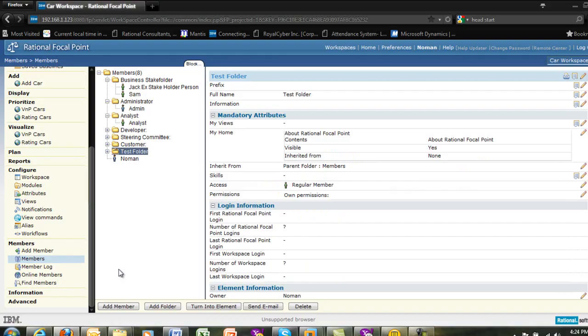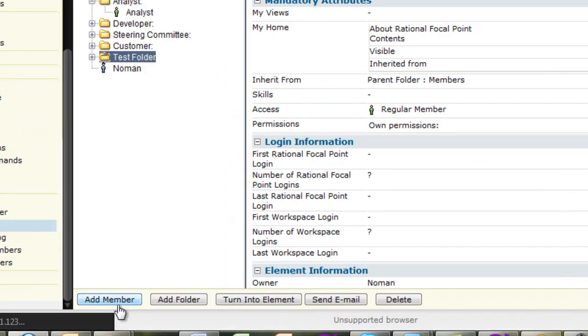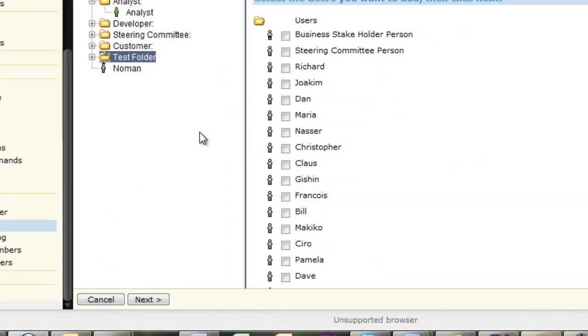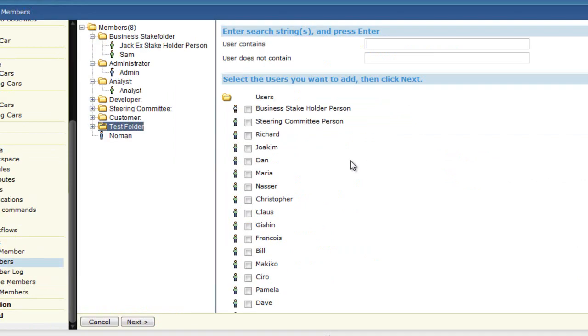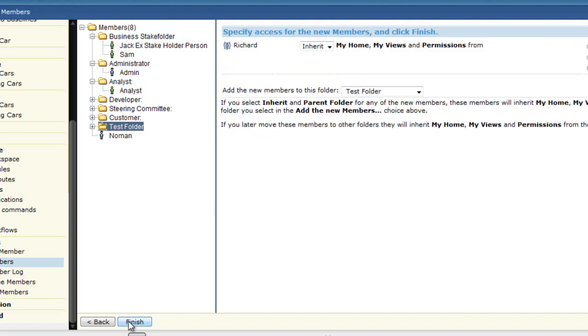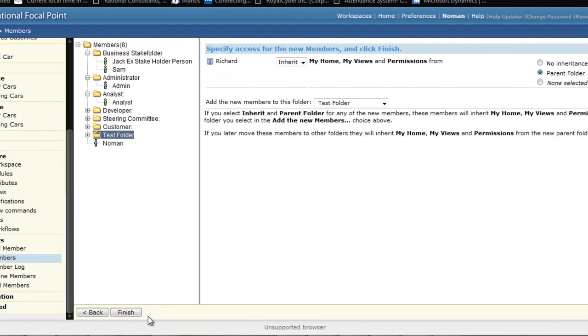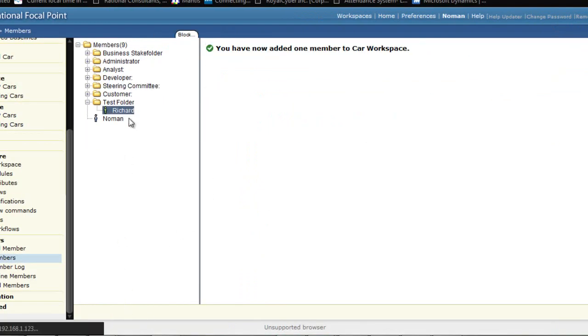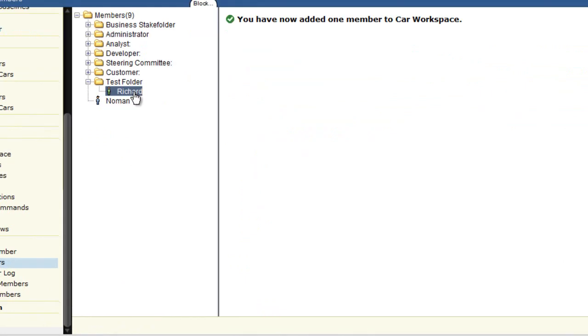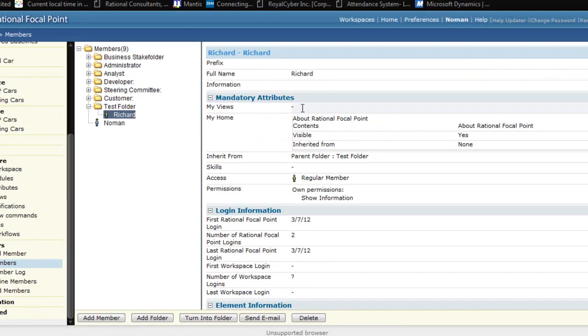To add a member to this folder, we'll press the Add Members button, and it will present us with all the members who are currently registered in Focal Point. From the listing, we'll choose Richard as our member for the test folder. Here we'll choose to inherit the permissions from the test folder, and as you can see, Richard has been added to the test folder. For now, Richard does not have any views associated to him,